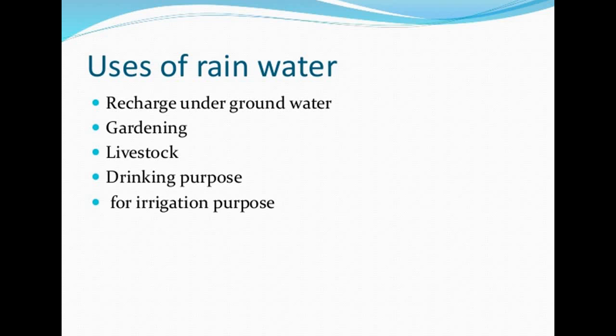Then for irrigation purpose, so mostly this rainwater harvesting is useful for irrigation purpose only. It is working majorly for irrigation because the water contains a lot of power for irrigation, and it helps in cropping the things, but it can damage also if it comes in an off season. So if there is an off season and the rain comes, it can spoil the irrigation also. But if it is used at the correct time, it is going to give a good level of crops and good irrigation. So that is the uses of rainwater.